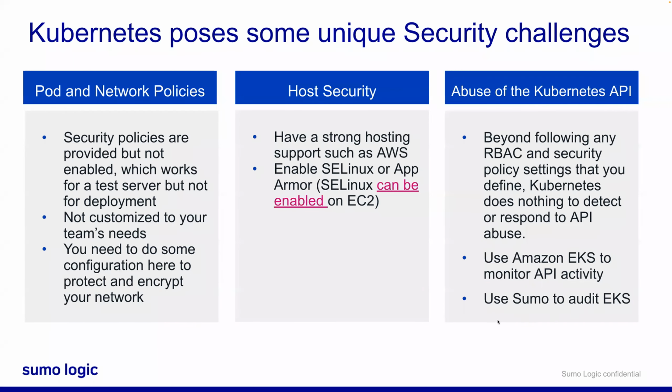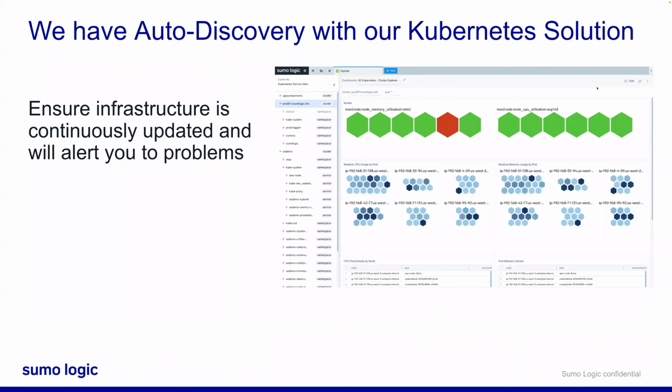Just a few more slides here. Now, auto discovery is a feature of Sumo Logic related to Kubernetes, and it's really helpful because, as the name implies, it's going to auto discover your information. So that infrastructure is going to be constantly updated automatically. You don't need to do anything. As you look into the app or view these panels, and we're going to view similar panels shortly, for example, here the honeycomb scheme is showing us green, good, red, bad. We get a very easy interface to start to understand things. And as these pods get stood up and stood down, auto discovery is really going to help us here. It's going to do discovery automatically, as the name implies.